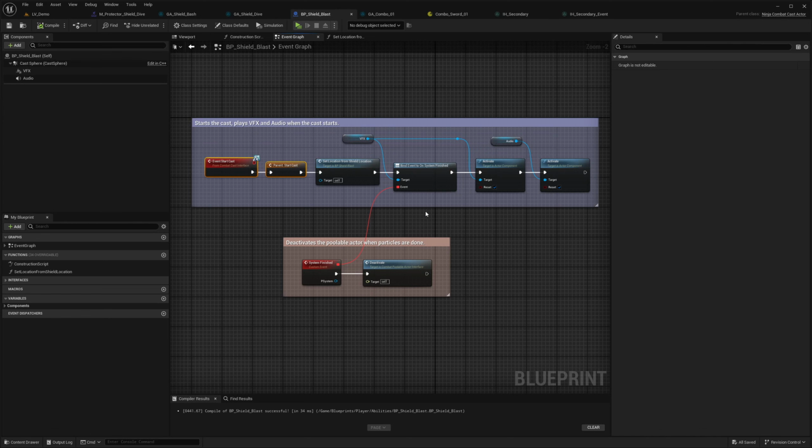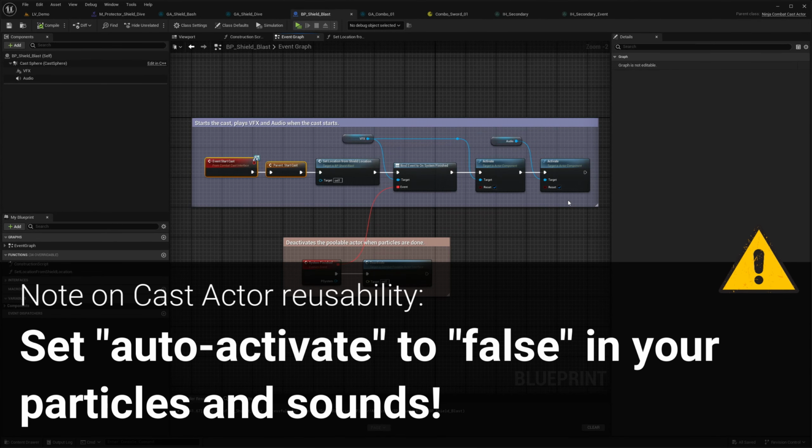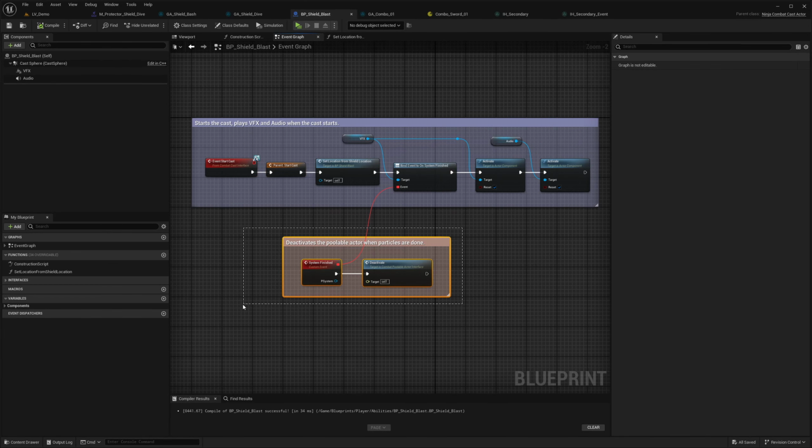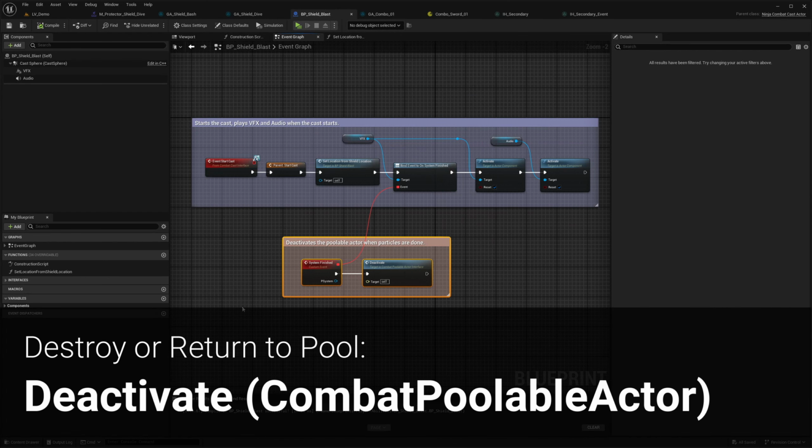position. Then I am activating my particles and sound, and a quick note here, these components were configured to not auto-activate. And I'm also binding an event that is called when the particle system finishes playing. The call to deactivate will either destroy the cast actor or return it to the actor pool later on when